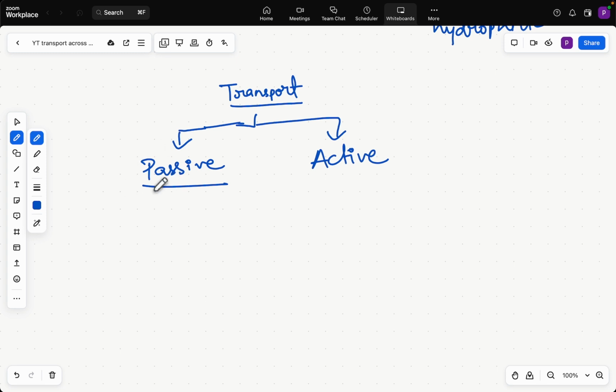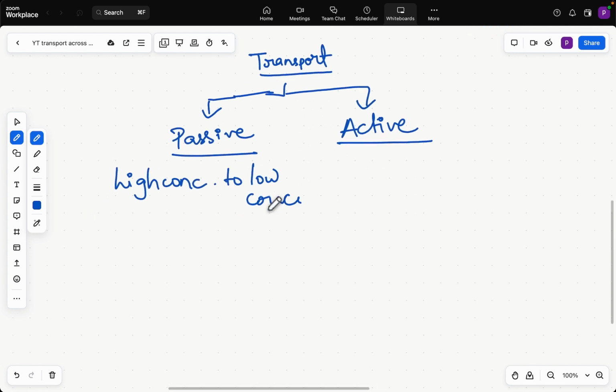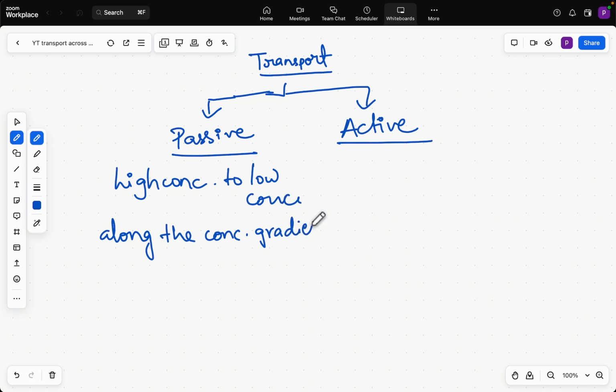In passive transport, molecules are passed on from high concentration to low concentration. So it means they are passed along the gradient, right? Along the concentration gradient, and they are passed down the hill, right? Down the hill. And for passing anything down the hill or along the concentration gradient, you do not require any energy. No energy is required,